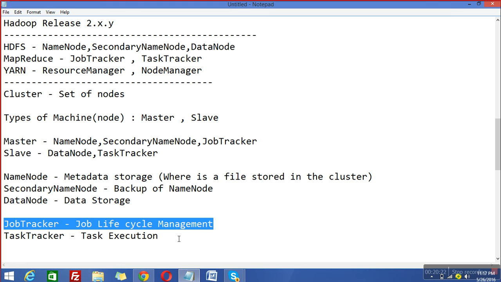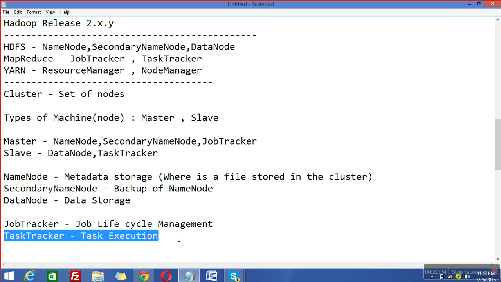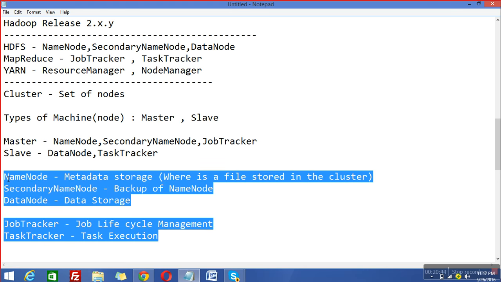And the logic that you write in the job, who executes that? Basically task tracker. So for example, job tracker is a manager and task trackers are developers. So manager assigns the task, then developers do that. So this is the reason we have 5 services, and an individual service does what? Now you know. Okay.